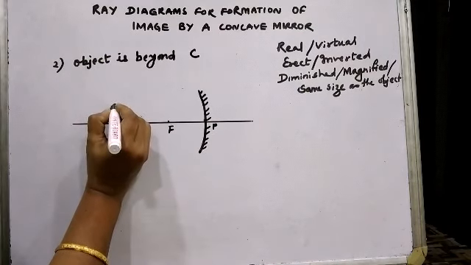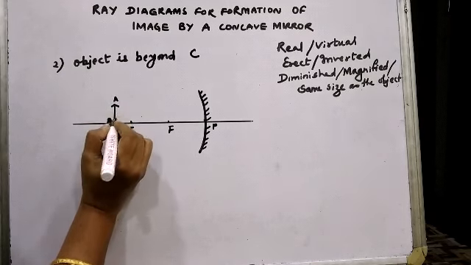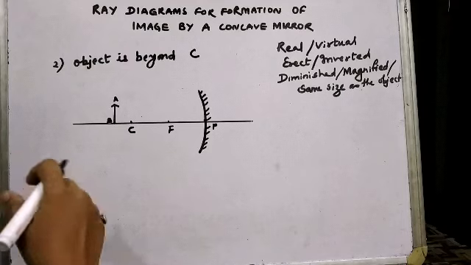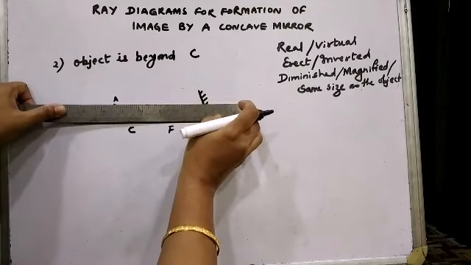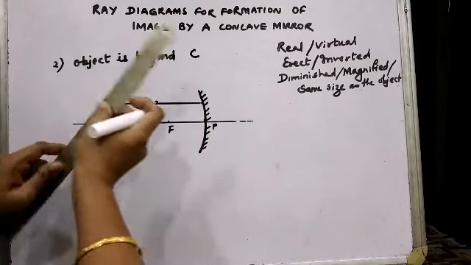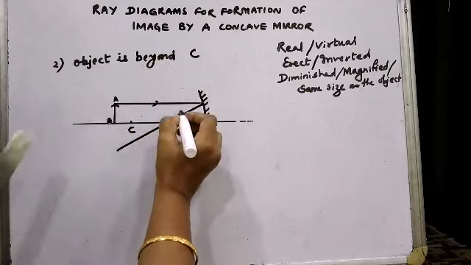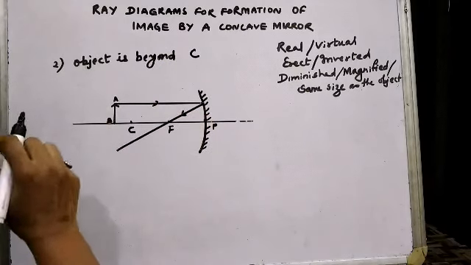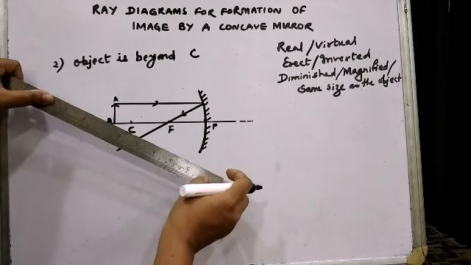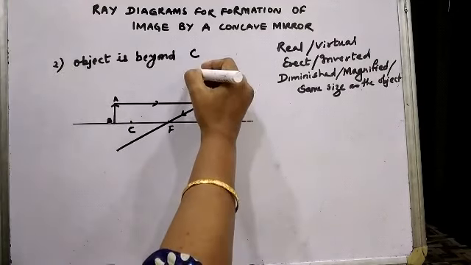I am going to take 2 points on the arrow. This is point A and this is point B. There are many points between A and B, but I have selected 2 points on this object, A and B. Now to begin with the ray diagram, we will take up the first rule, that if the incident ray is parallel to the principal axis, then the reflected ray passes through the focus of the concave mirror. So I have shown one incident ray starting from point A and I have taken up the first rule. The second rule says that if the incident ray passes through the focus of the mirror, or else I'll take the third rule, that if the incident ray is passing through the center of curvature of the mirror.